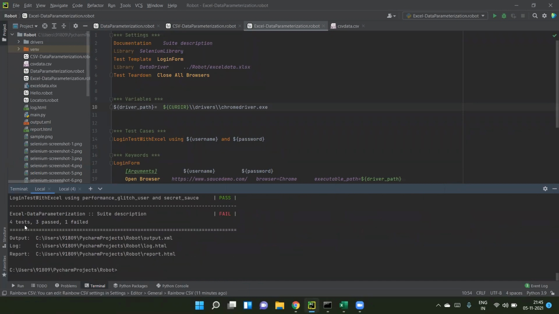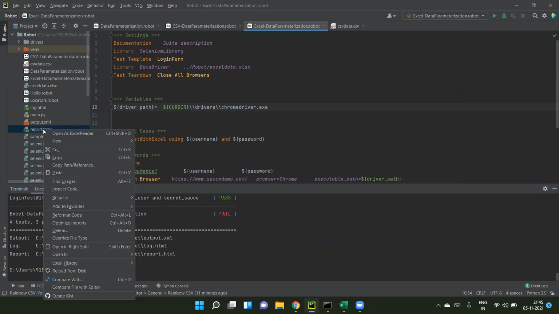Okay, as usual, it will be 4 tests and 3 passed. If you want to see the entire details, you can go to the report.html. By default, it will be generated. Open it with any browser that you have.